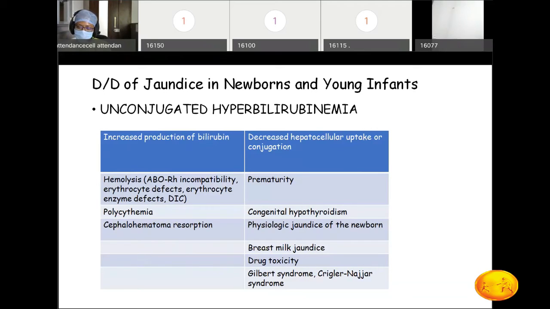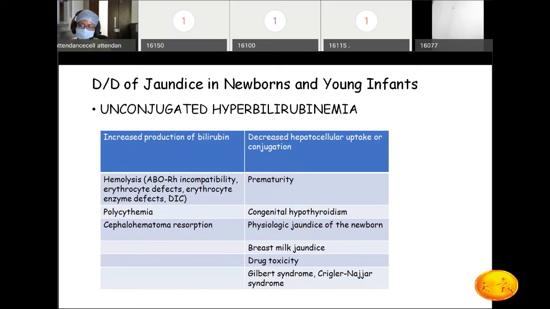Now this is something which will usually be seen in the later half of the neonatal period. So it usually comes beyond the second or third week of the first month of life, like a baby who's 21 days old or something like that. So initially there is maybe jaundice or less jaundice or no jaundice, and later on the child develops jaundice anywhere between 3 to 12 weeks of life. Otherwise, well baby exclusively breastfed.